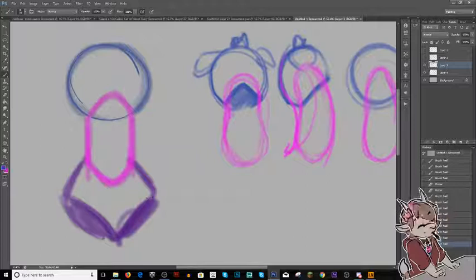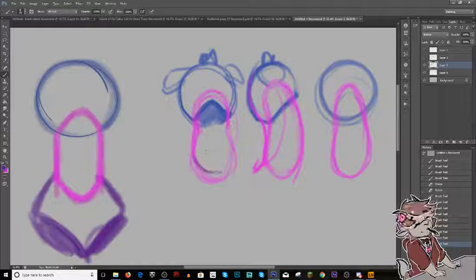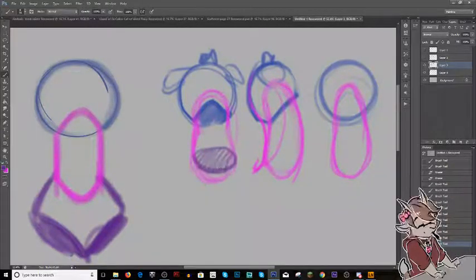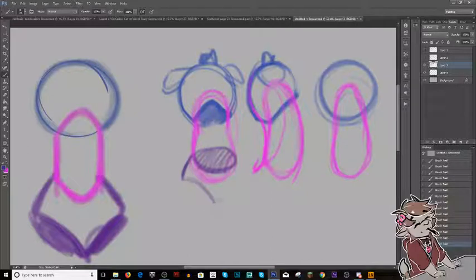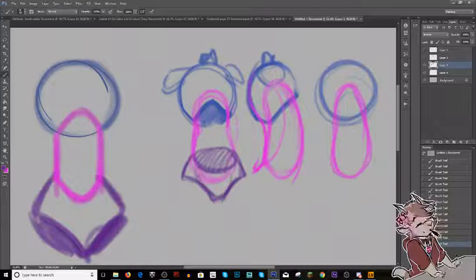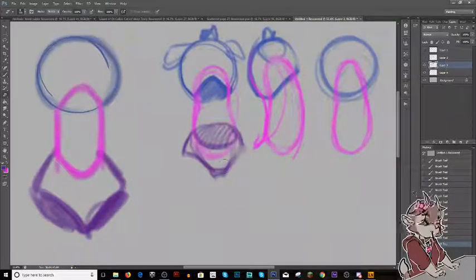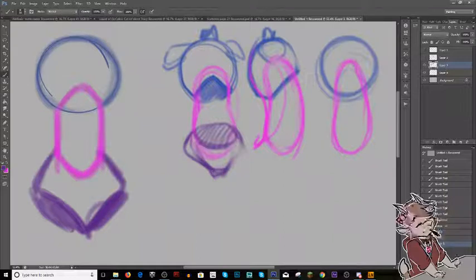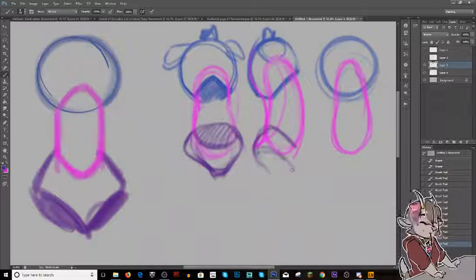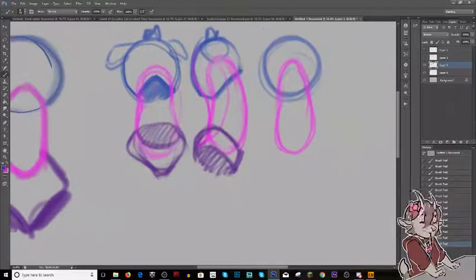Now for the hips. The hip shape is sort of, to do a turnaround of it, it's kind of a forward-facing bowl shape here. So you see like a top plane here. Like this shape a little bit. From the side, it sort of pitches forward. And from the back,